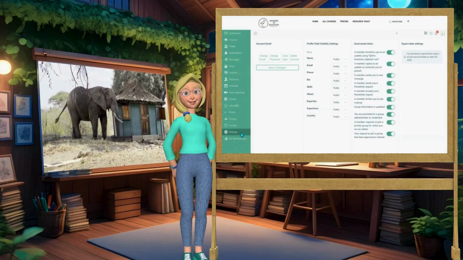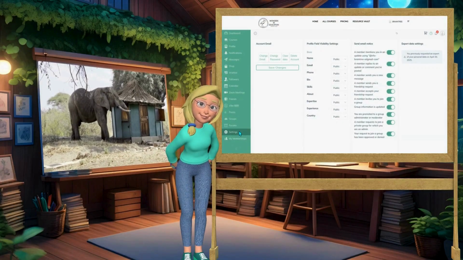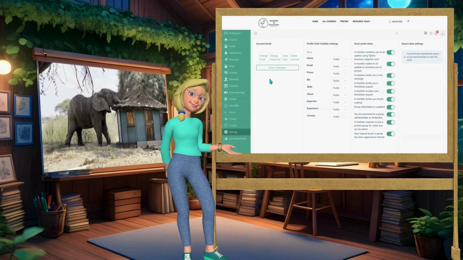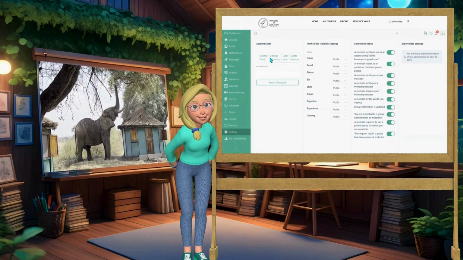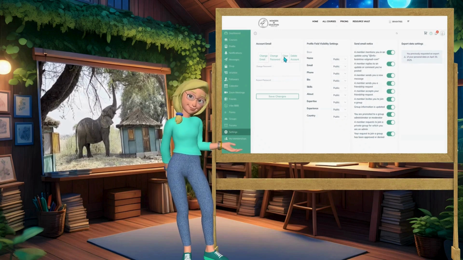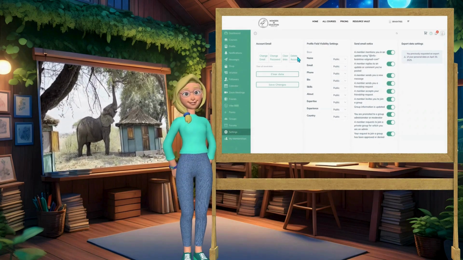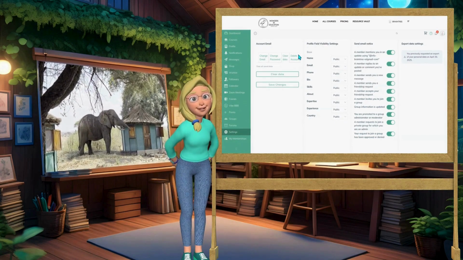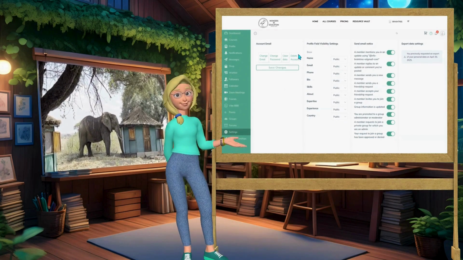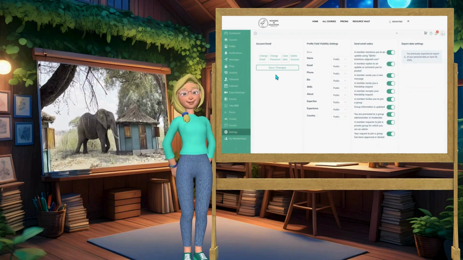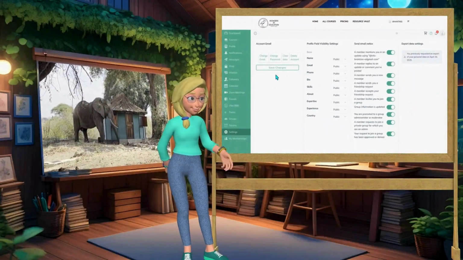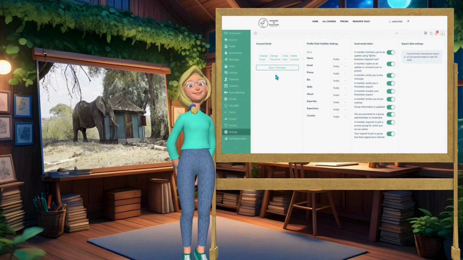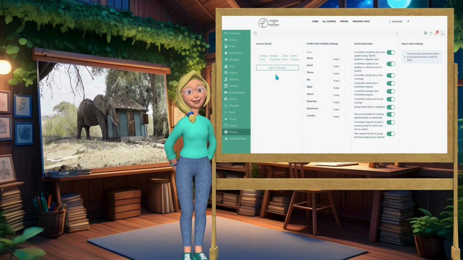Next up is the Settings tab, the place to manage all your account details. Here, you can update your email, change your password, or even clear your data, which will remove your wish lists and collections. And if you ever decide to say goodbye, though we'll miss you, you can also delete your account from here. If you run into any trouble or have questions, don't worry. We're here to help. Just send us a message anytime at